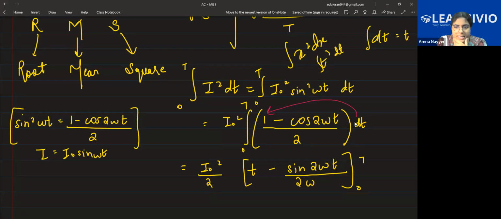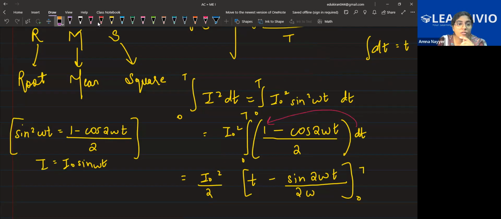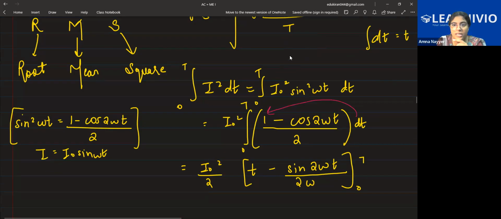So similarly, this term dt was there. So 1 was multiplied to dt and this term was also multiplied to dt. Why? Because dt is there when you are integrating; you have infinitesimal values of t. So integral of dt is left here. So how is it? It is like integral of dt minus integral of cos 2 omega t dt, like this. From 0 to t, this is also from 0 to t. This step is actually like this.